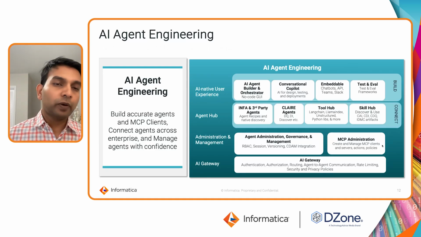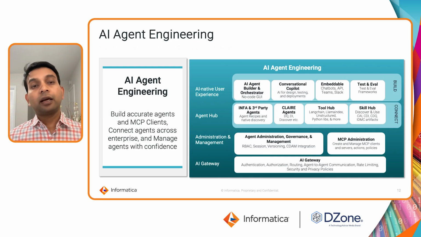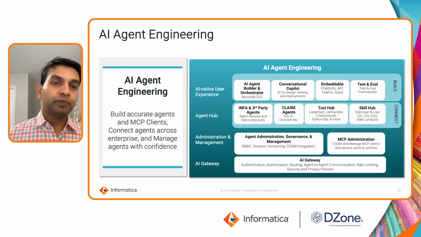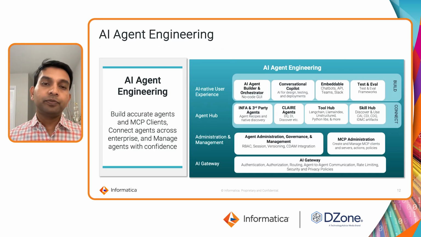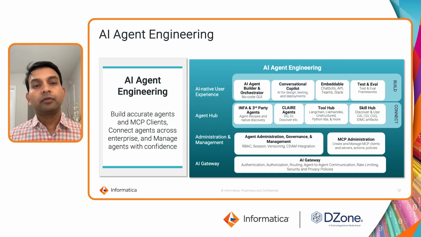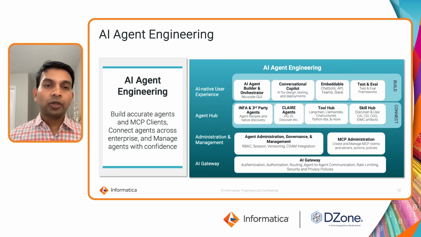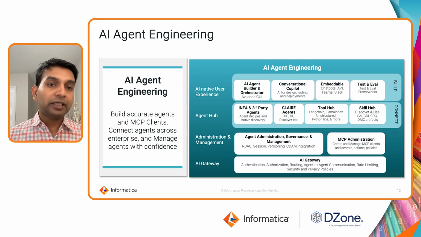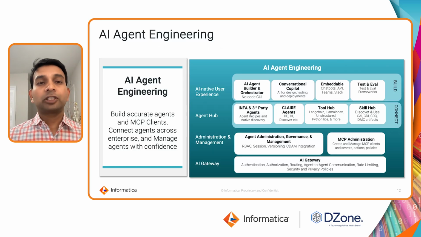Agent Hub is a place where users can come to discover AI agents, use them, build, customize them, and also share them within the enterprise. So you don't have to start from scratch as you're building AI agents. You can actually use those templates with what we call agent recipes